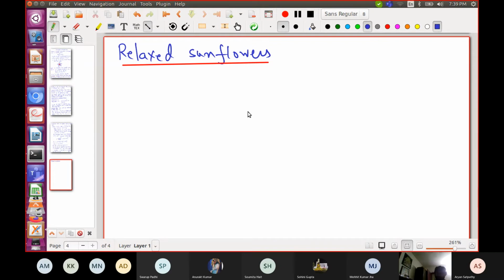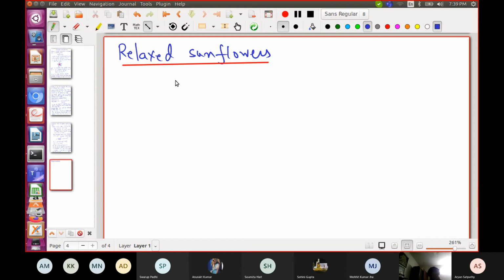The definition of a sunflower is rather restrictive, because firstly, you are insisting that each pairwise intersection is the same, which automatically implies that once you take that away, the sets become pairwise disjoint, and also each of those is non-empty. So here we'll relax this very hard requirement that all the pairwise intersections are the same.